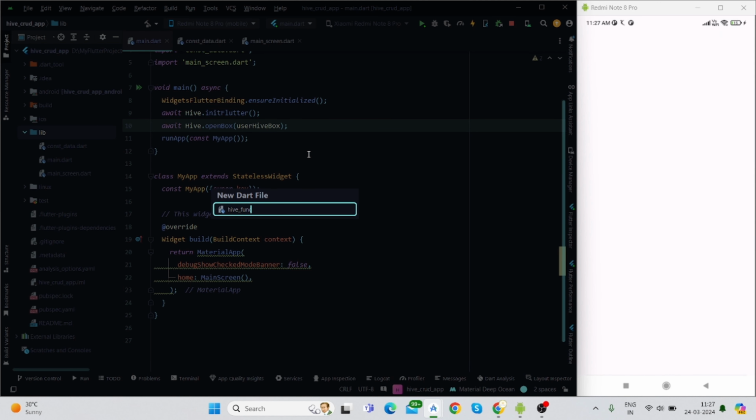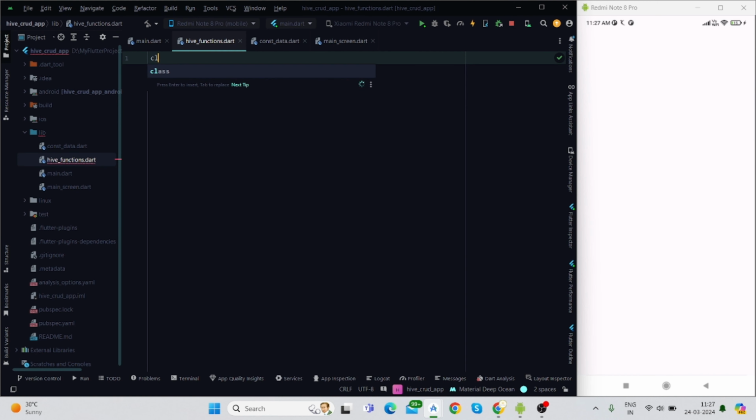Hive functions. Class. The name of the class would be HiveFunctions. So first of all, we will have to create the box where we will store our data. So for that, static final, name will be userBox equal to